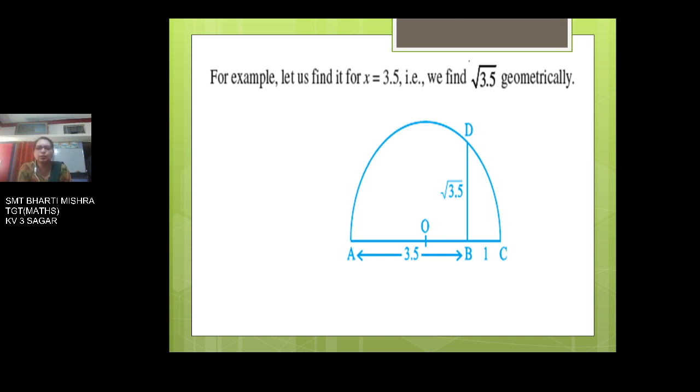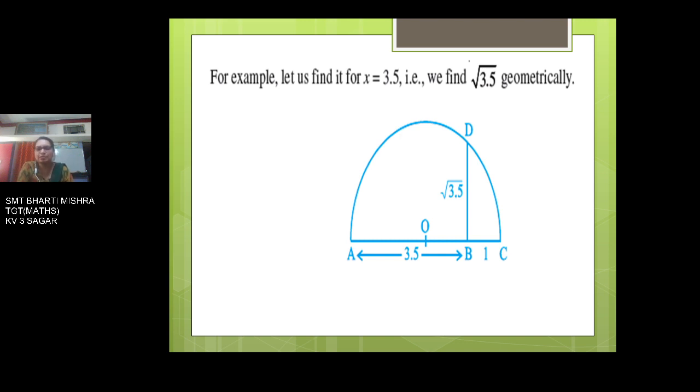First you will draw a line segment AB of length 3.5. Here you will be using the geometrical instrument, students. Please get ready for the class with the geometrical instruments also. Then only you will be able to understand this question, because this is usually asked in the exam. So let us start. First step, draw a line segment AB of length 3.5.